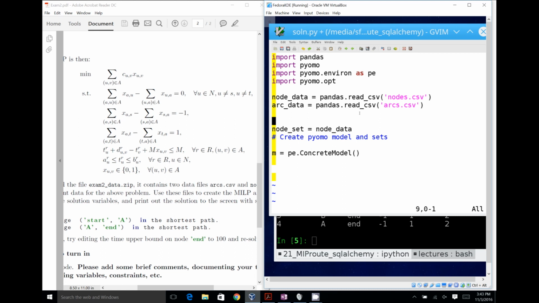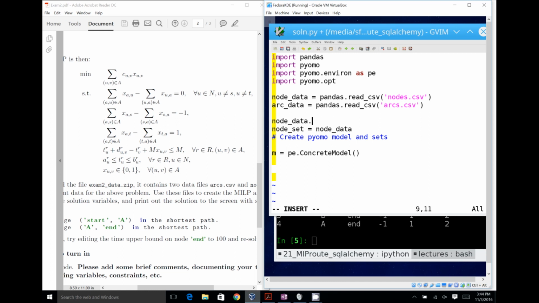Okay. So we're definitely going to do that. And that's something that we have to do because we're going to define constraints over that set, variables over that set, and so forth. Okay, so first we have to compute what the node set is. And the way that we've done that before, and let's do it similarly here, is